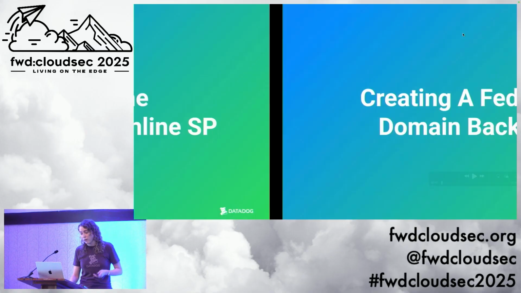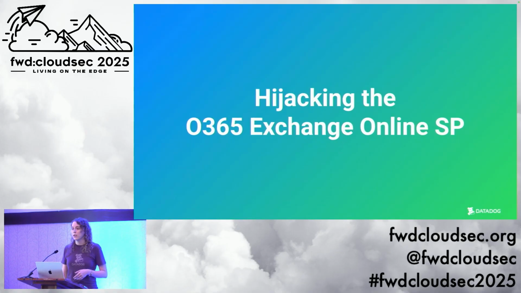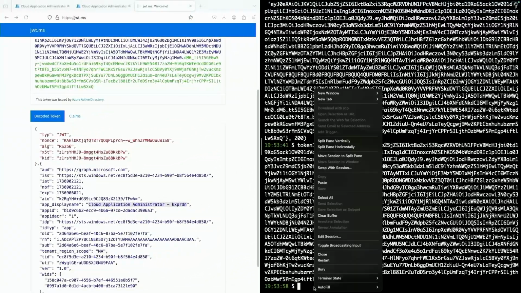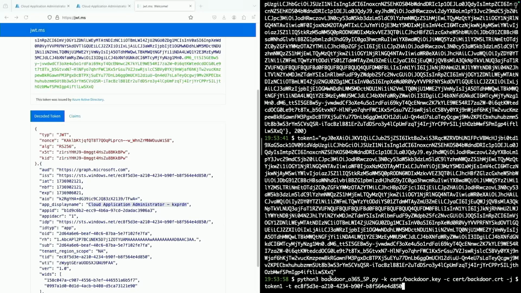At this point, we'll take a really quick look at how that looks. The script you're gonna see me running just does all of the things that we talked about, and it's a very dirty script, so you probably don't want it. The tokens that you see here are also long since expired, but we've got a token as a service principal with the Cloud Application Administrator role assigned. We're gonna use that token along with a certificate that we want to be trusted to auth as that app, and just the tenant ID as well.